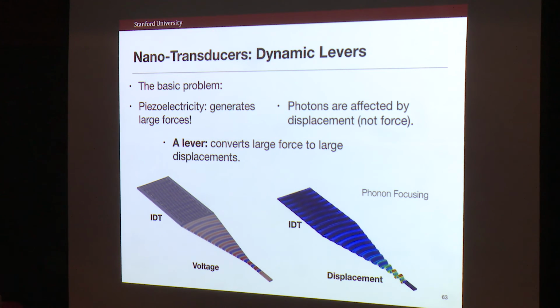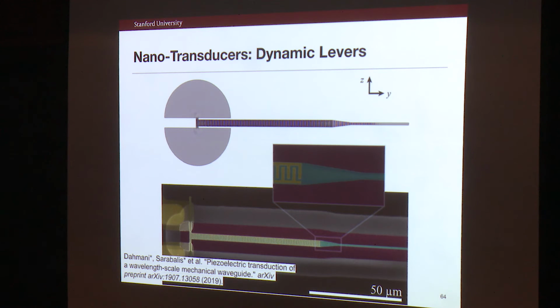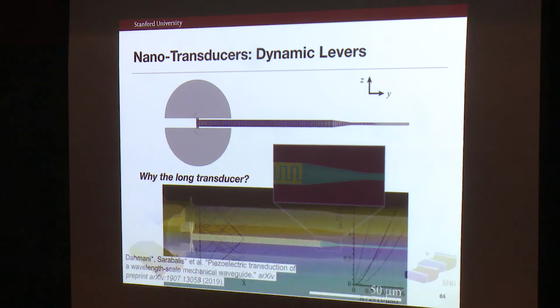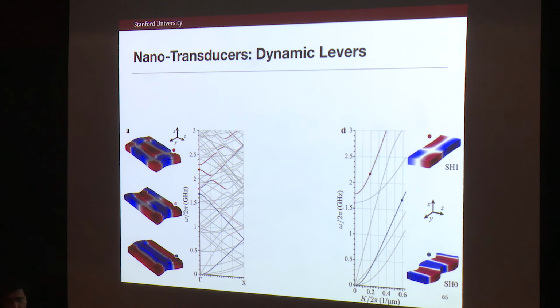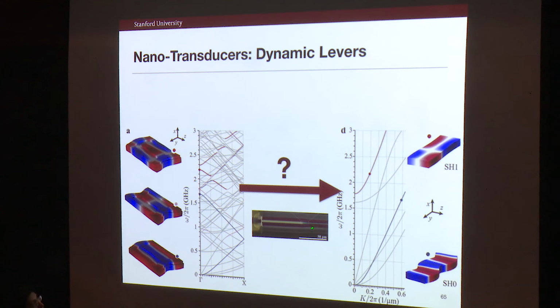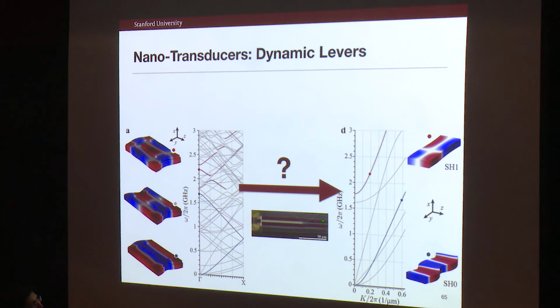And so what we were doing is trying to design these. And one of the things we discovered was that it's actually not totally trivial to design these types of structures. And basically, what you're trying to do is match the mode structure on one side, where you have the transducer, to the mode structure on the other side, where you just have a waveguide. So this is a transducer with electrodes on it, and this is the waveguide we're trying to excite.